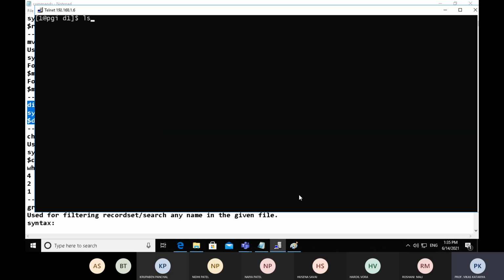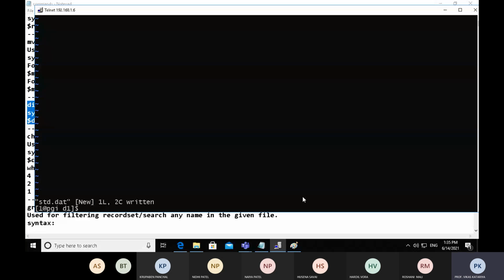Let's create a file student.date from d1 using vi. Press i for insert mode and type a single character. Now press Shift colon and wq. That is the way of saving the file.